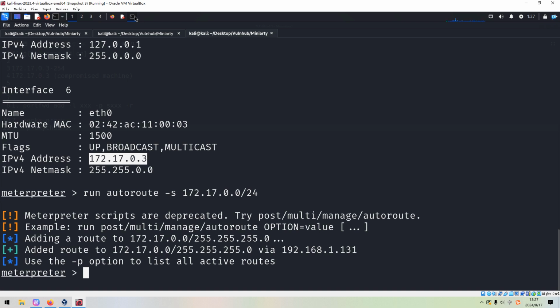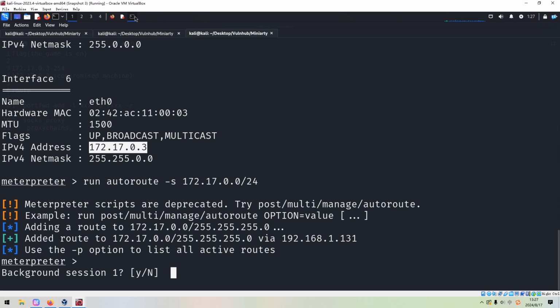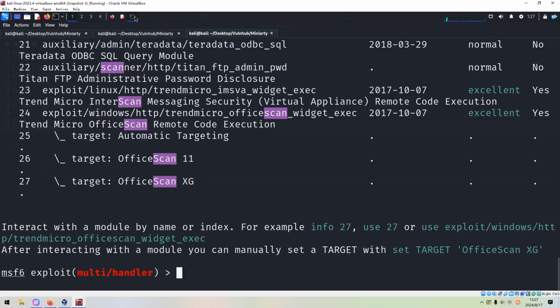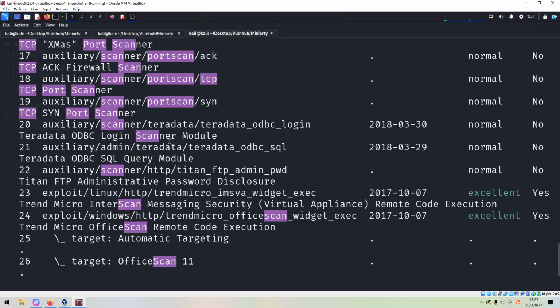To do that, we need to background the current Meterpreter session by pressing Control and Z on the keyboard. And then we can search for port TCP scanner.